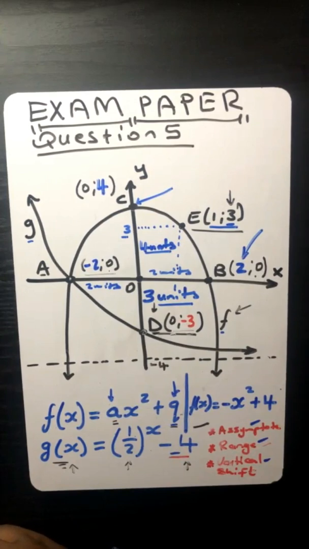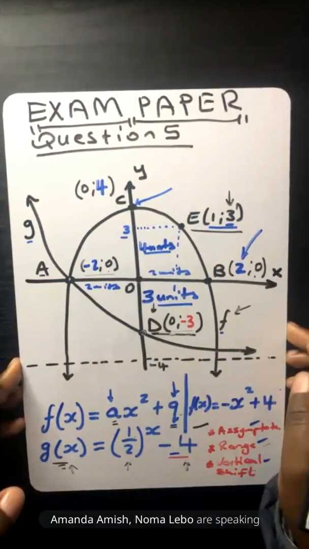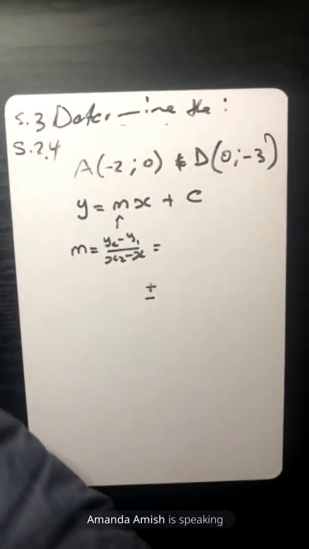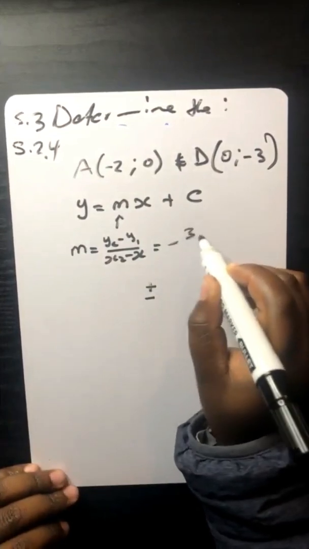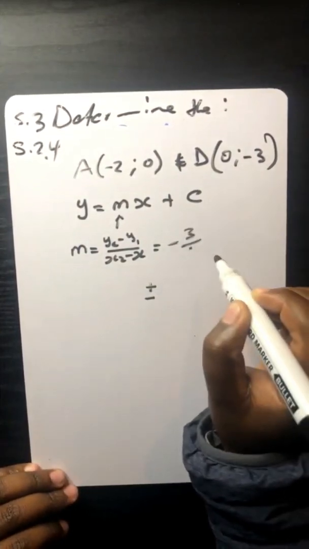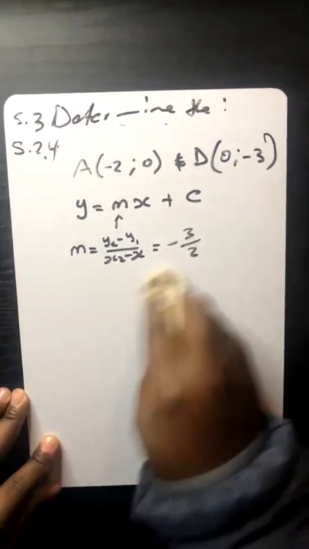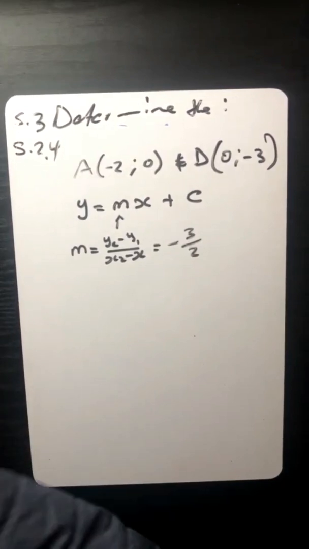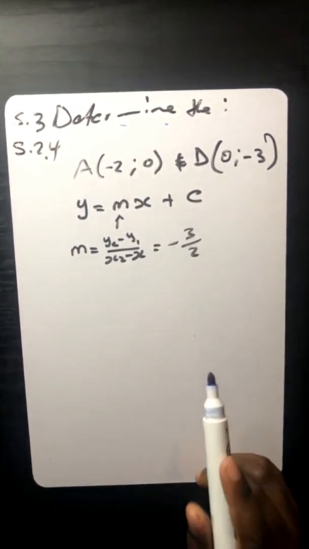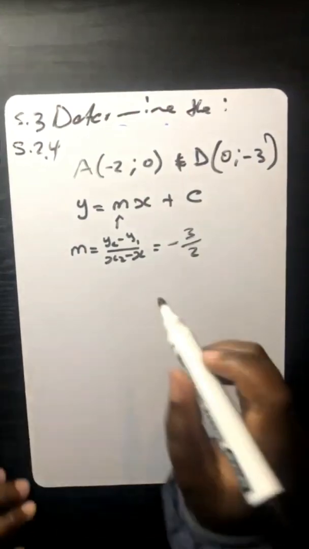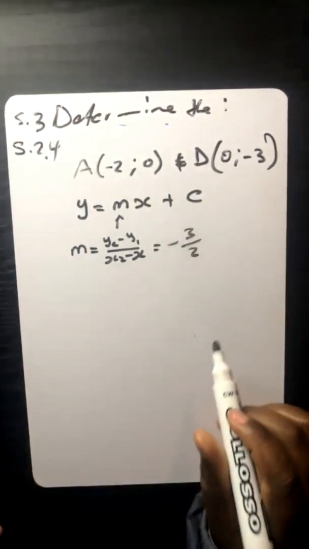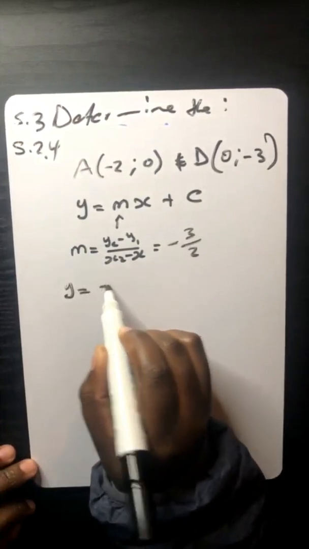Which gradient are we expecting there, ladies and gentlemen? Negative gradient. Okay, so what is the gradient? Negative 3 over 2. What is it? -3 over what? 2? 2. Okay, so my gents, are you also getting the same answer? Yes, sir. Okay, 100%. So now that we have got the gradient, let's substitute it there to say this is